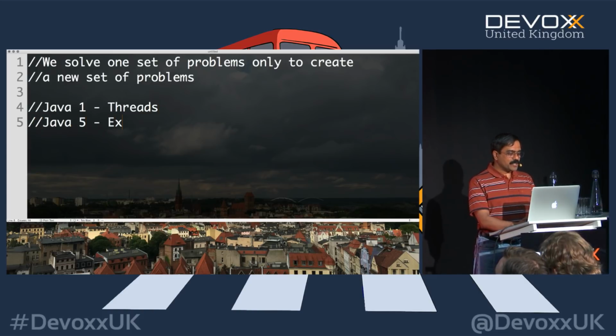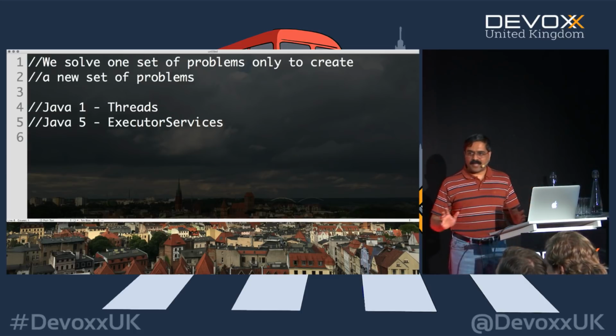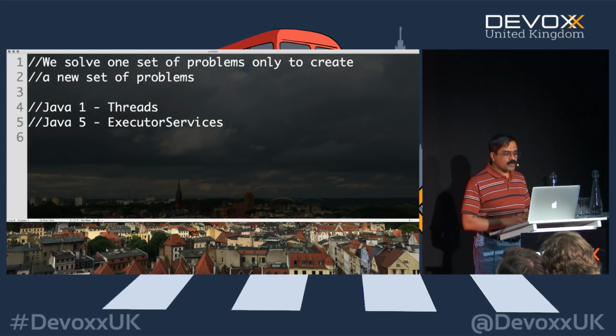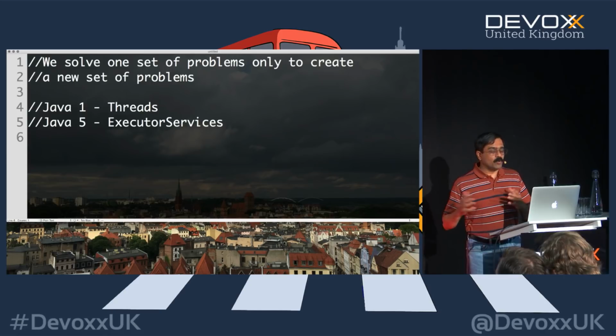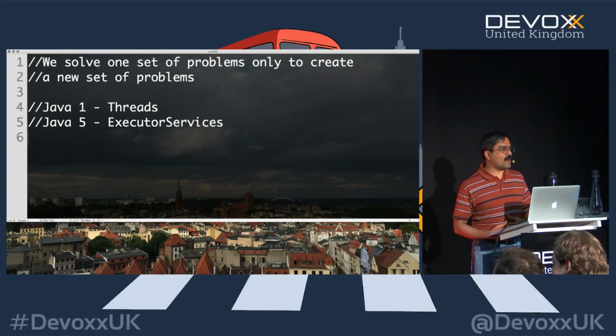Java 5 introduced executor services. What a great idea. Absolutely, that was a good API. We really enjoyed it. We had a pool of threads, and eventually we realized it's a pool of problems. Well, what is one of the problems? It really hurts when you run into problems like this.